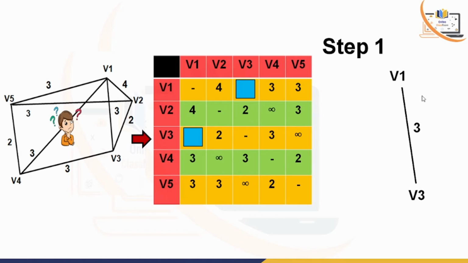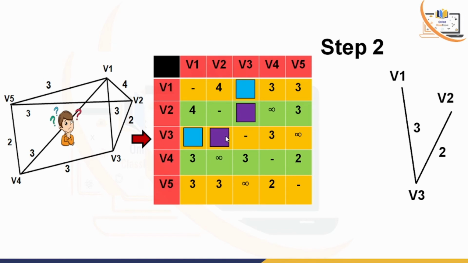Okay. Now in this step we observe that V1 and V3, these two vertices are connected. So observe the V1 row and V3 row simultaneously and try to find out the minimum element. We observe that the minimum element is 2. So obviously connect it. That means V3 versus V2. Just connect that particular line here. So that is your step number 2. Using the same logic of symmetry, obviously we can discard 2 here.